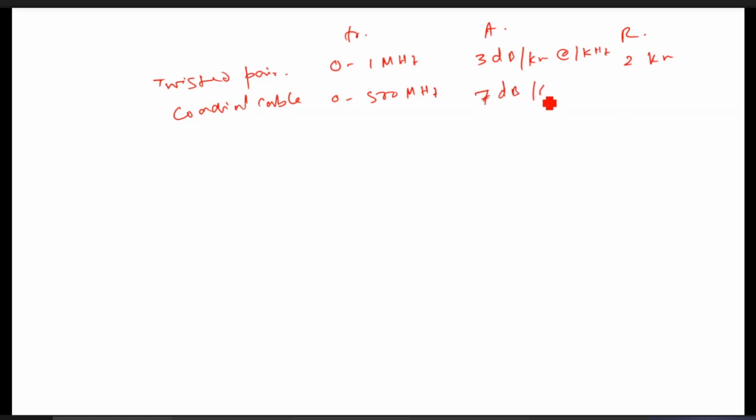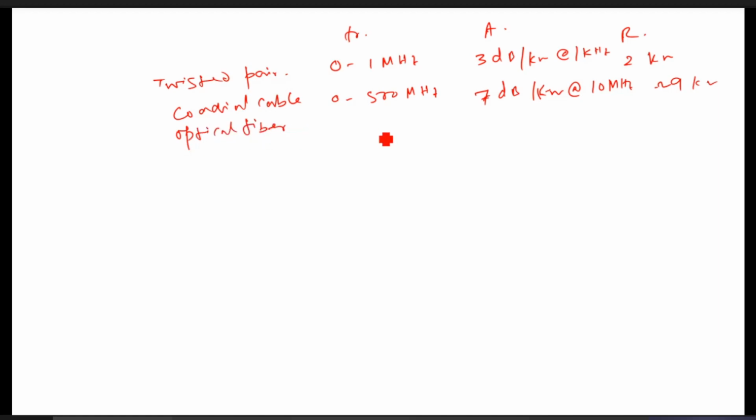It is less compared to, but at the rate of 10 megahertz, right? And in this case, repeater distance can be 9 kilometers, right? 1 to 9 kilometers. And if you consider the optical fiber,